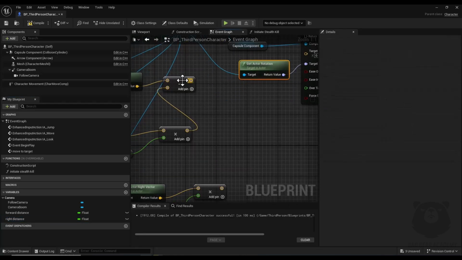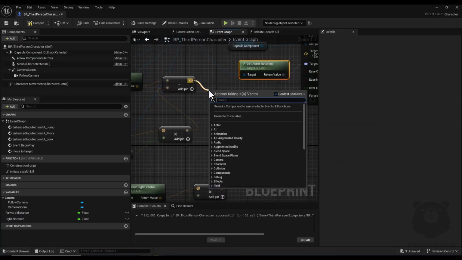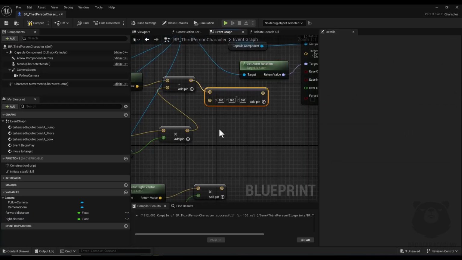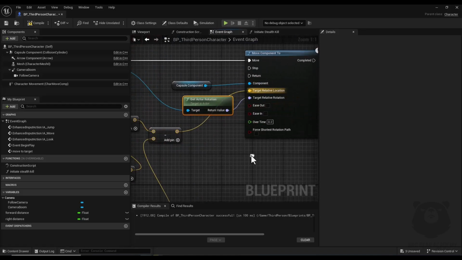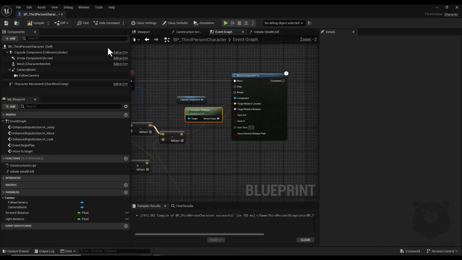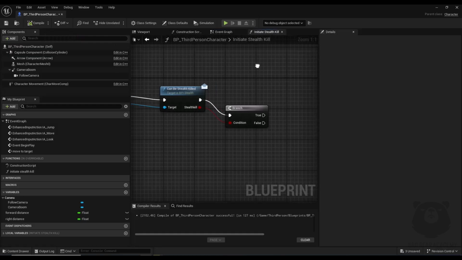And here from this subtract node again, I add another subtract and connect this one to here, and I connect this one to target relative location. Okay, now I compile and I go back to initiate stealth kill function,